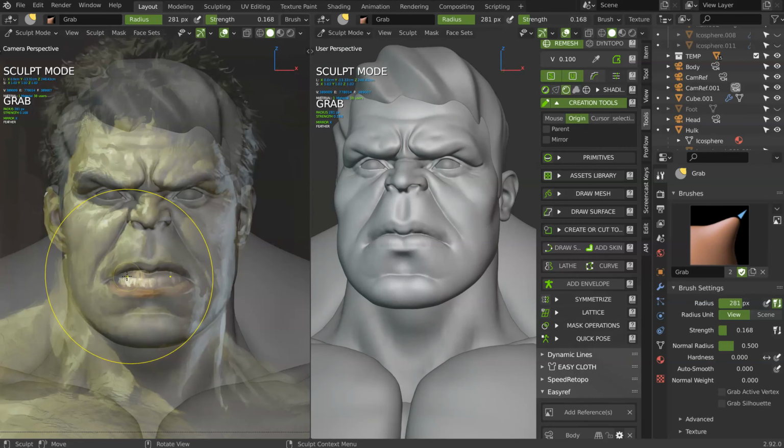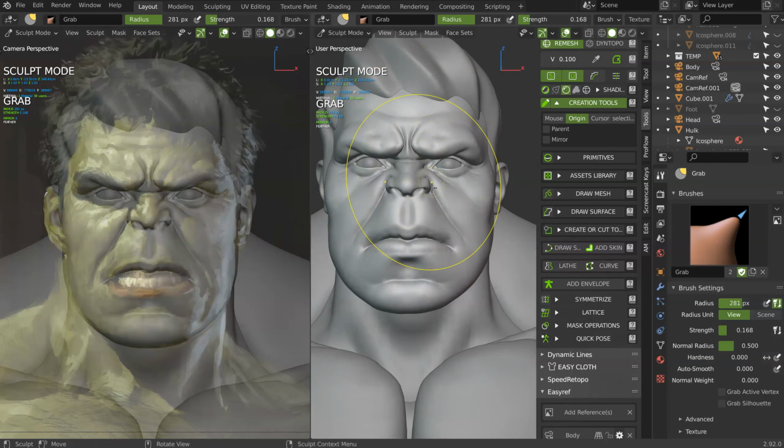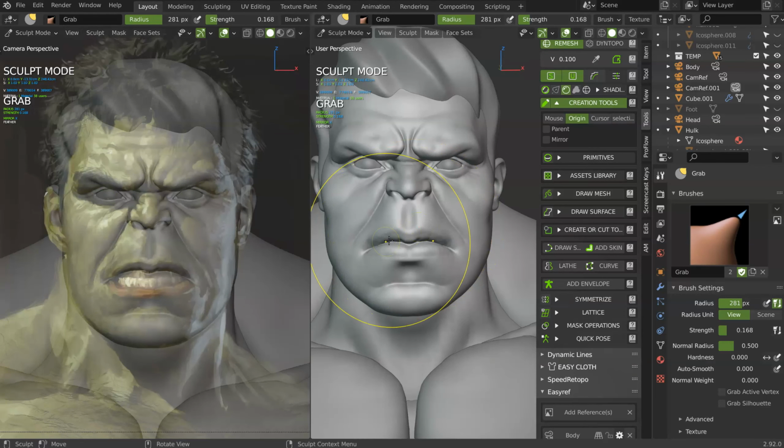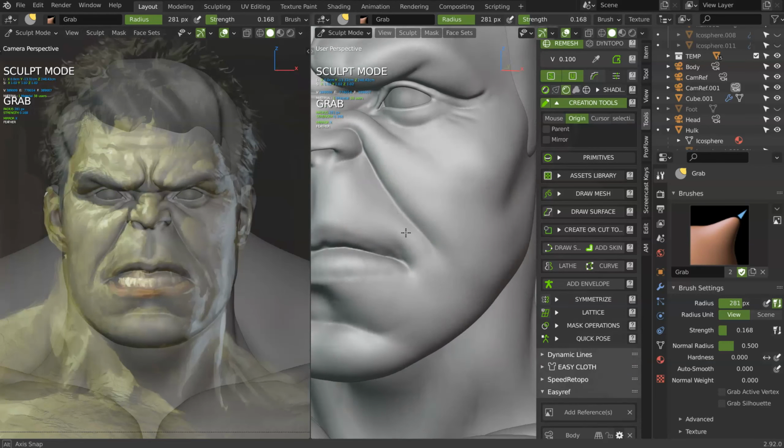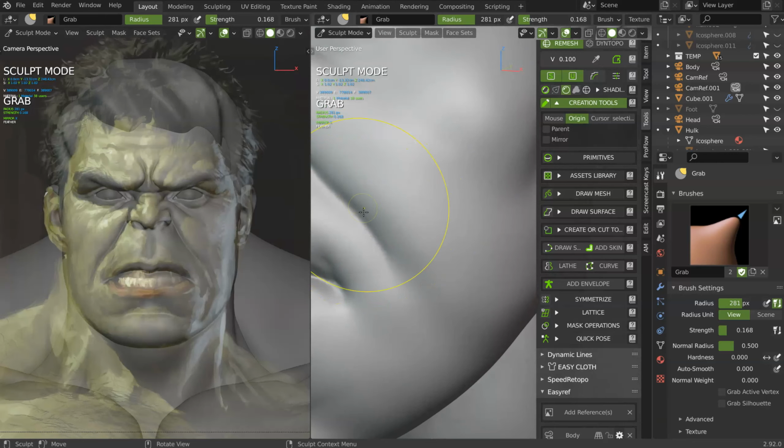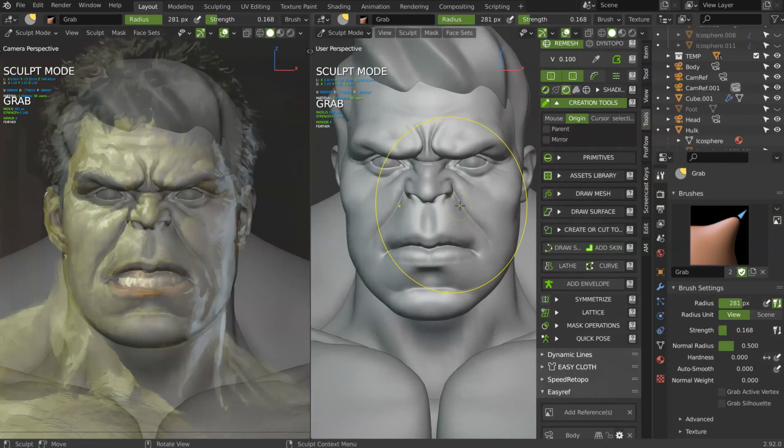And maybe we could make the mouth open. Could be interesting to open the mouth, but I don't really want to do this on this character. So this is what I did in fact on the other one, because the mouth was open, and I made it relaxed.